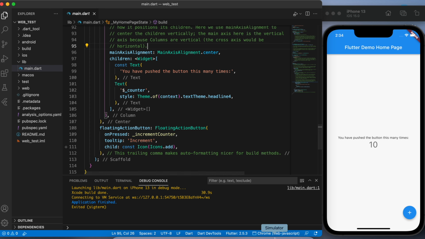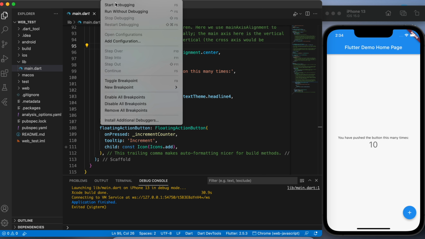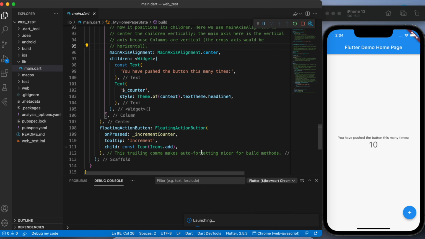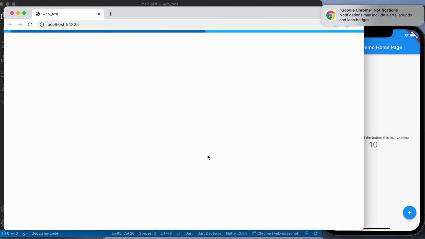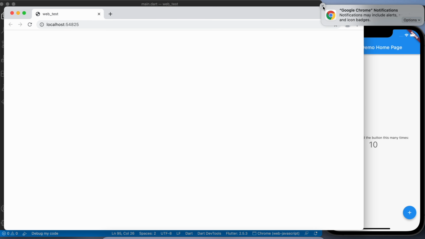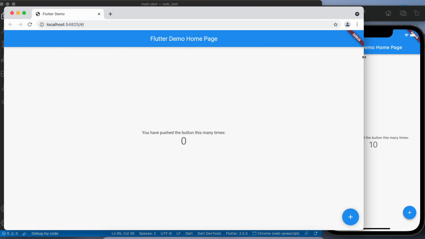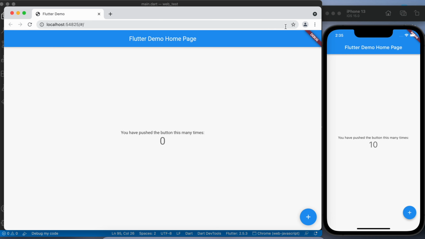So I'm going to run this on Chrome once, so we will have an idea that our Flutter application is nicely running both on Chrome as well as on the iOS simulator. This might again take a couple of seconds to run for the first time. Now you can see that our application is running on Chrome. It is running on the iOS simulator as well as on Chrome.